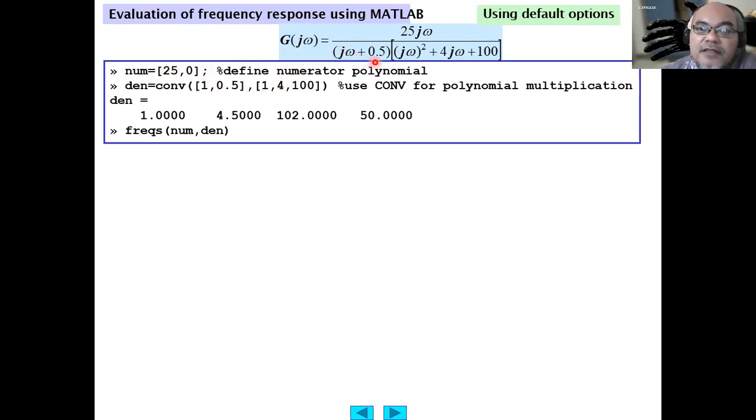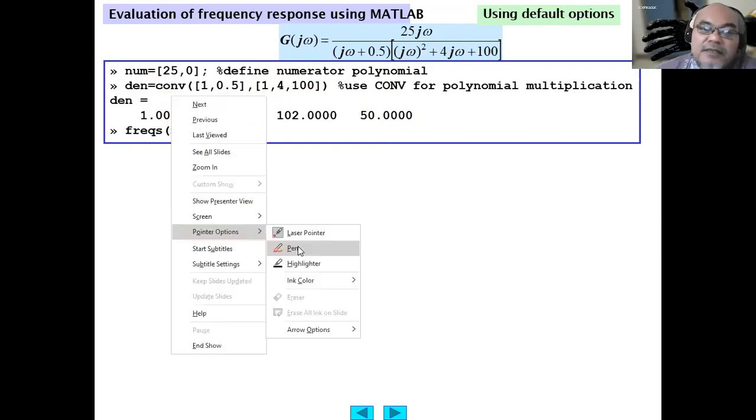For the denominator, since this is not in the normal polynomial format, you have to use the convolution function for polynomial multiplication. So convolution of 1, this is the first order coefficient, comma 0.5, the 0th order, and this one, comma 1 for the second order coefficient, plus 4, the first order coefficient, plus 100, the 0th order coefficient. So the denominator, how many coefficients do you obtain? 1, 2, 3, 4. If you write this down as a polynomial, this becomes